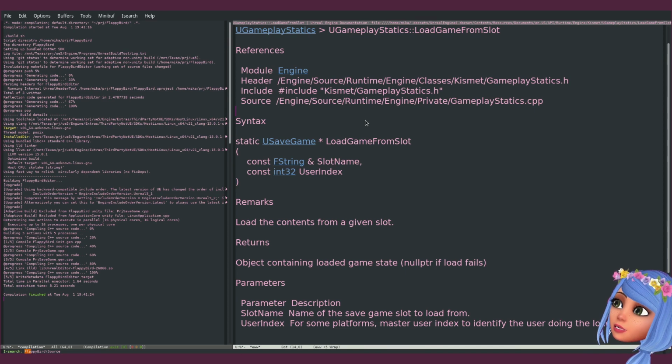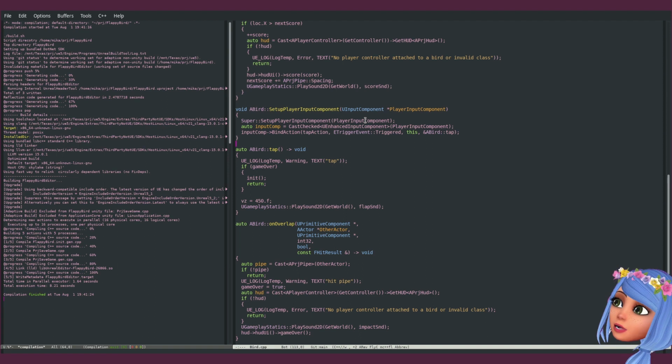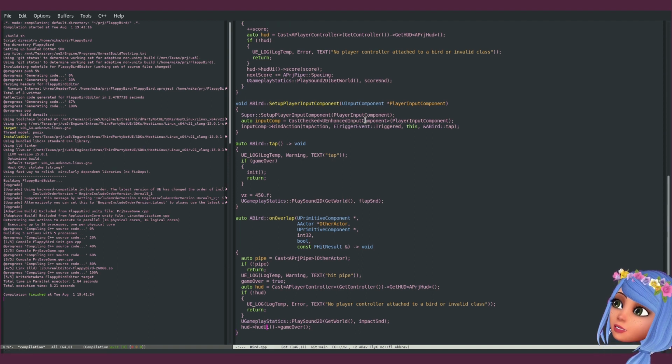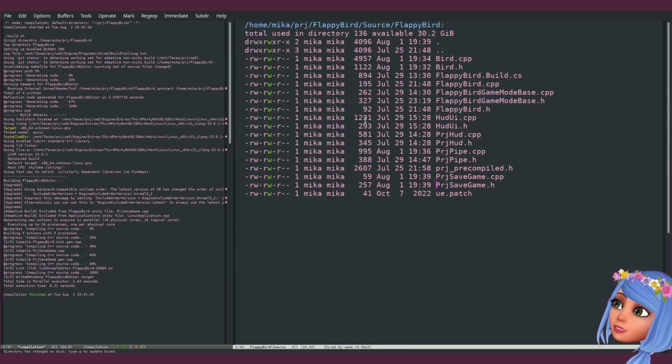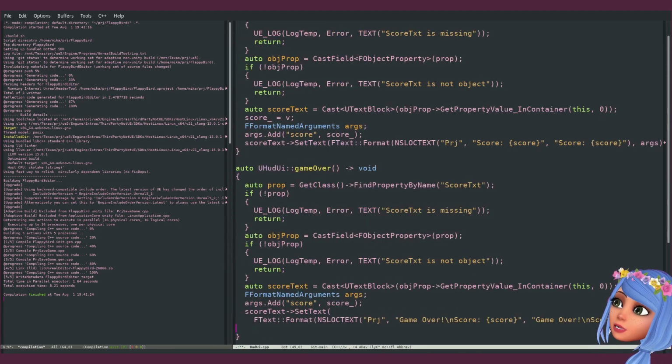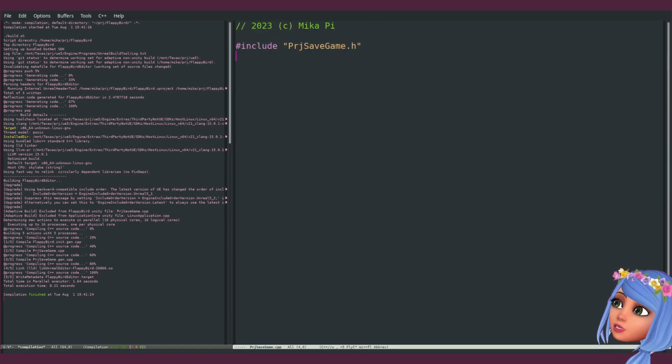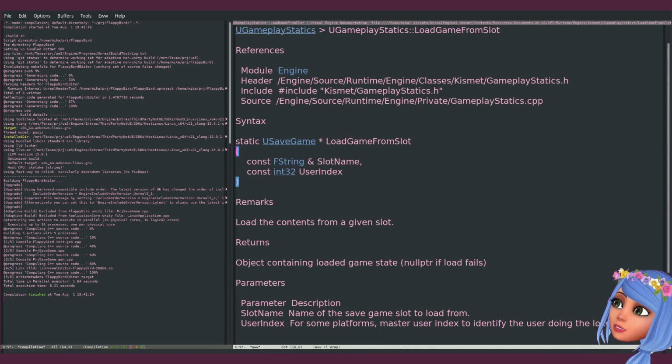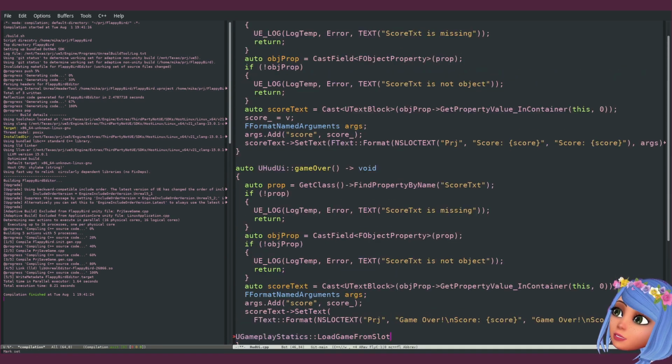Flappy bird dot cpp. So on the game over, okay, so let's go to Han. So on the game over, I need to load the game. So to load game, we use load game from slot.